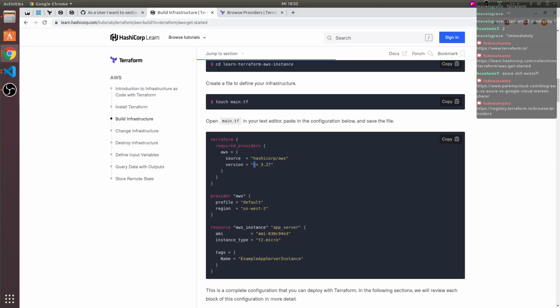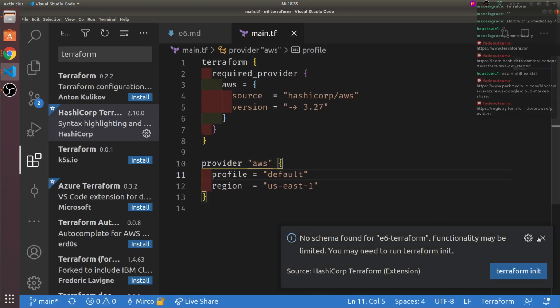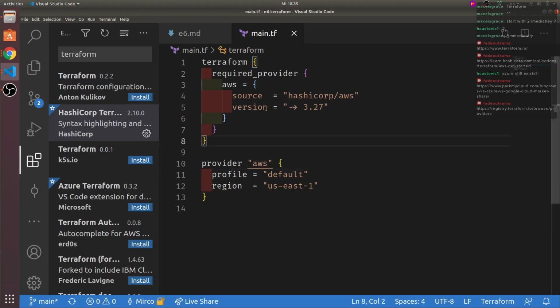I don't know why they didn't use an equal sign. Other than that, we also need to provide a profile here. We can do that easily. Save.